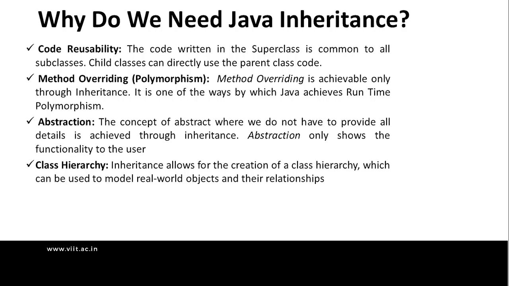Method overriding means polymorphism. Method overriding is achievable only through inheritance. It is one of the ways by which Java achieves runtime polymorphism. In overloading, we have seen it is compile-time polymorphism. Abstraction, the concept where we do not have to provide all details, is achieved through inheritance. Abstraction only shows the functionality to the user. Class hierarchy: inheritance allows for the creation of a class hierarchy which can be used to model real-world objects and